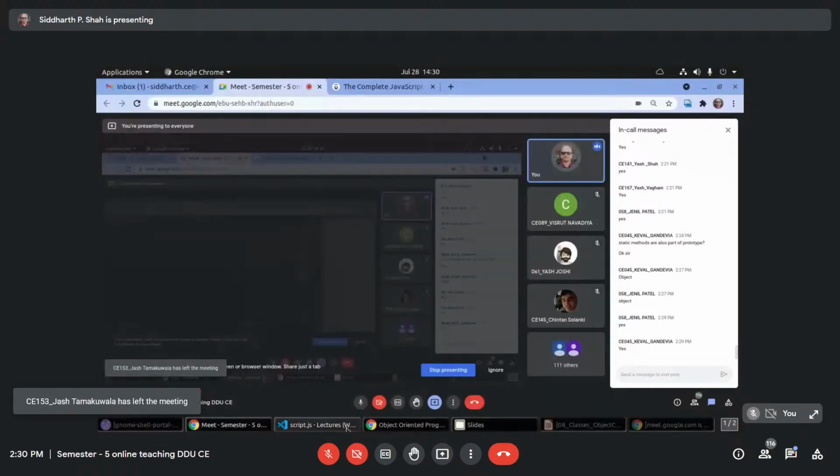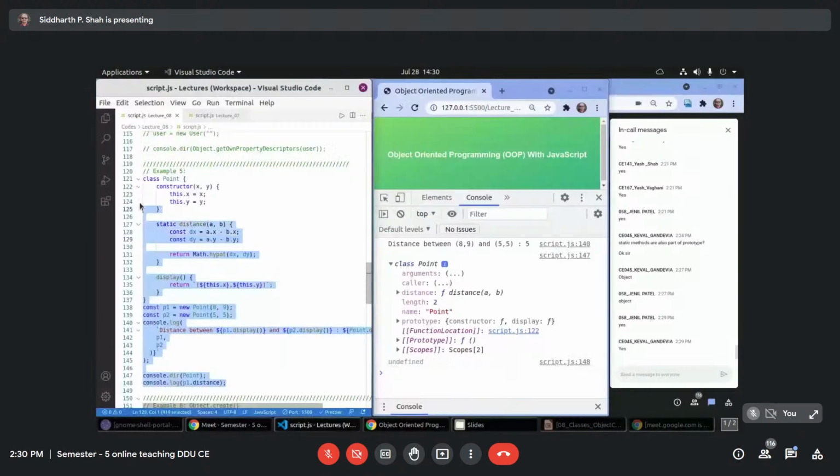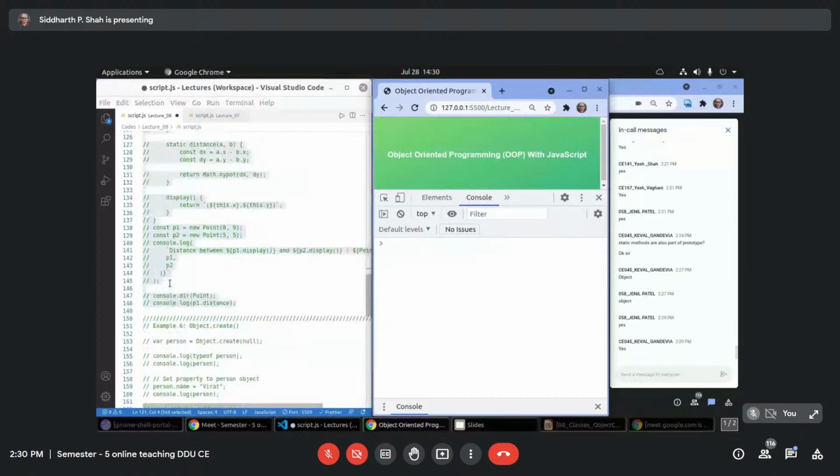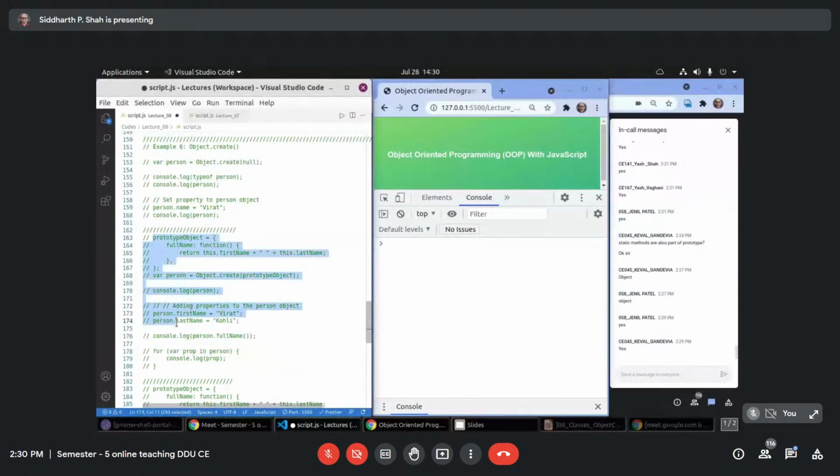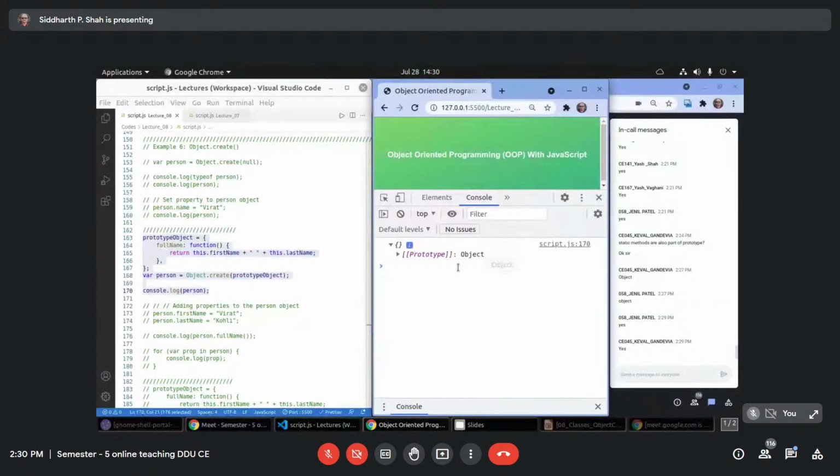See, it is an empty object, but it has a prototype attached to it, and it is nothing but this object, because it has this fullName.